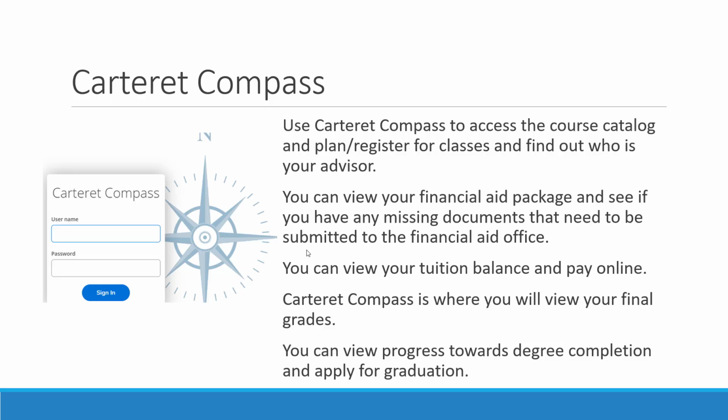You can also, as I mentioned, grades. Canvas is the day-to-day grades. Carteret Compass is where you're going to house your final grades. So your A, B, C, D grades. You can also view an unofficial transcript in Carteret Compass. You can see your progress towards degree completion, and you can also apply for graduation. Again, we'll be talking a little bit more about Carteret Compass down the road